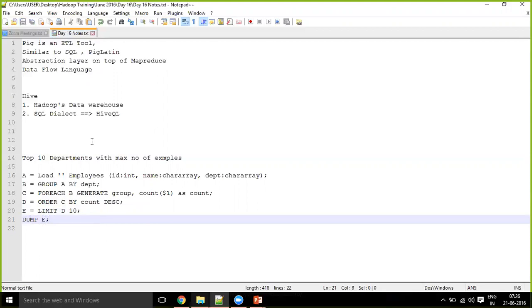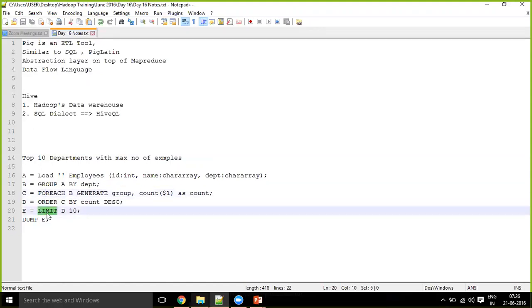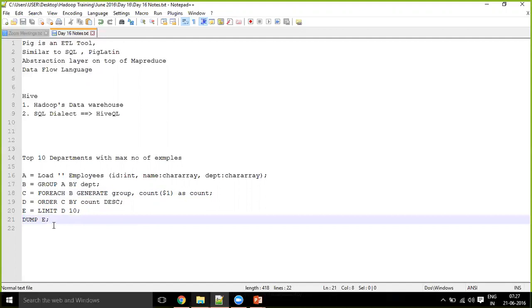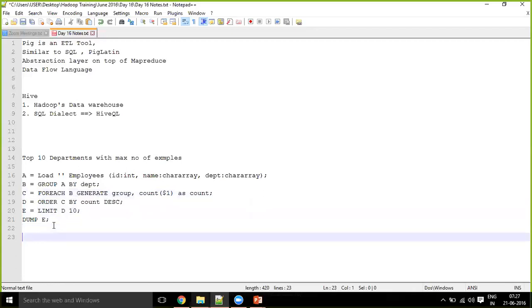So these are your Pig statements. Unfortunately, you can't merge them all into one statement or two. Okay, so you can't merge this foreach statement with this group by into the load statement, and this order by into this foreach. So you can't combine this order and limit statement. So you still have to write 6 lines of Pig statements, whereas if it is your SQL, I can write this